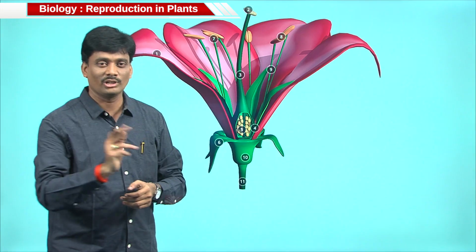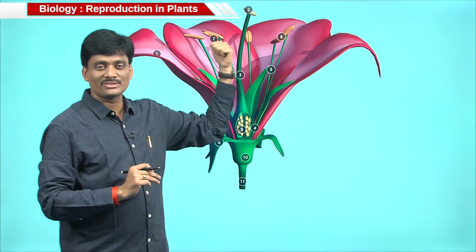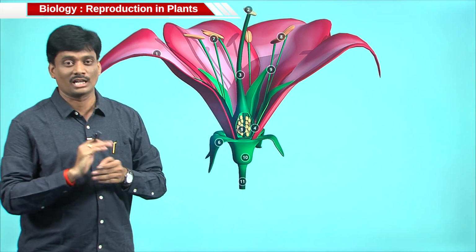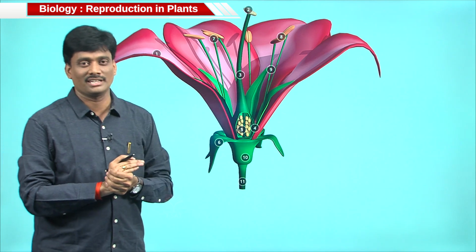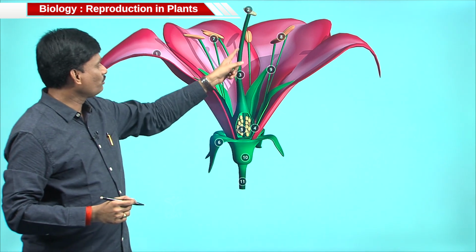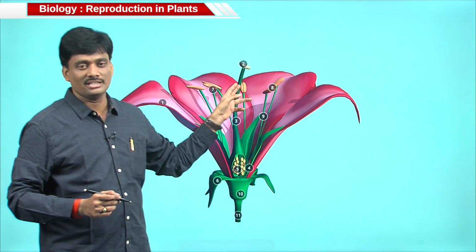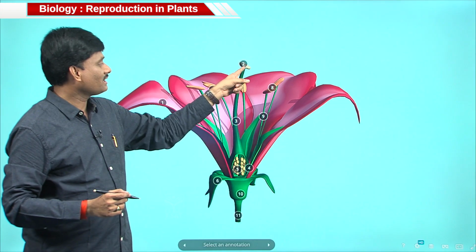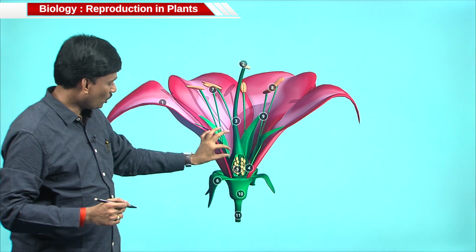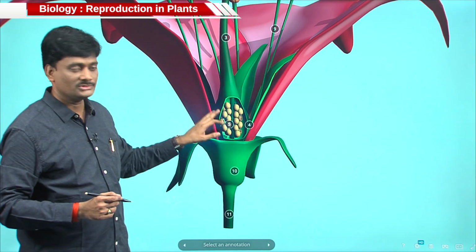These sepals are collectively called the calyx, and here you can see the pink and reddish colored leaf-like structures, which are collectively called the corolla, and each one is called a petal. And in the middle you may observe the gynoecium part, which mainly contains 3 parts: this is the stigma, this is the style, and this is the ovary, and within the ovary you are able to observe the ovules also. Okay. And next,